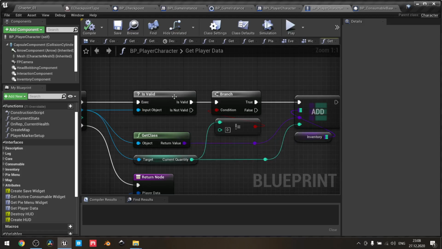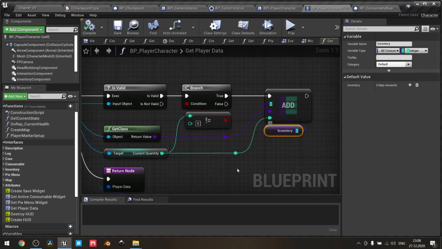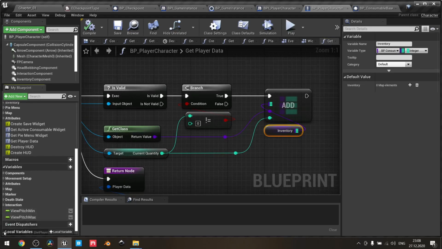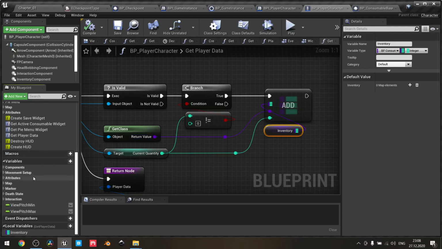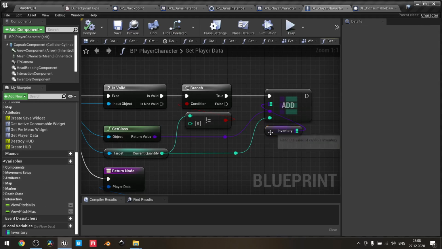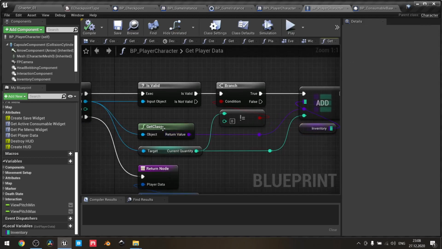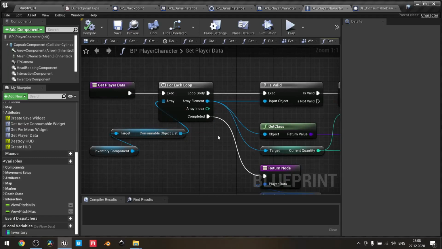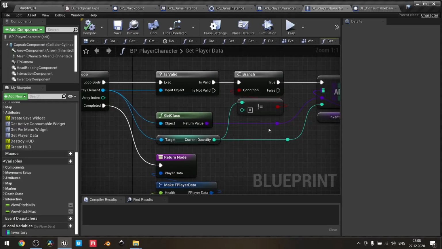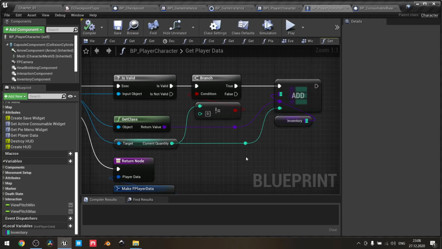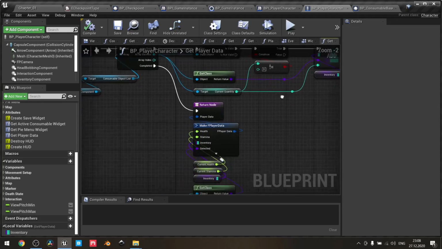So whether it's valid and current quantity doesn't equal 0, this inventory is actually a local variable here. I don't need to have it in my common variables. It's just a temporal map, a map that consists of consumable base class and integer. So I use getClass from my consumable base class as the key and the current quantity as the value for this key. And on complete,